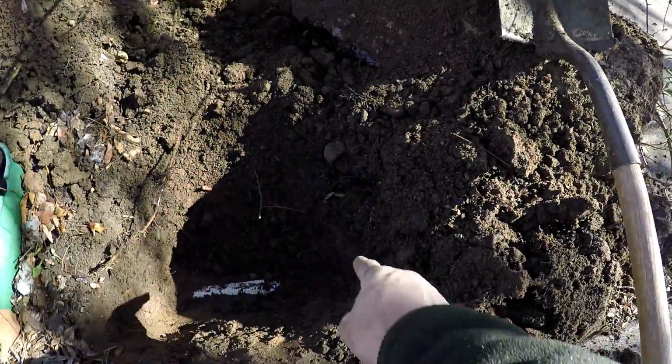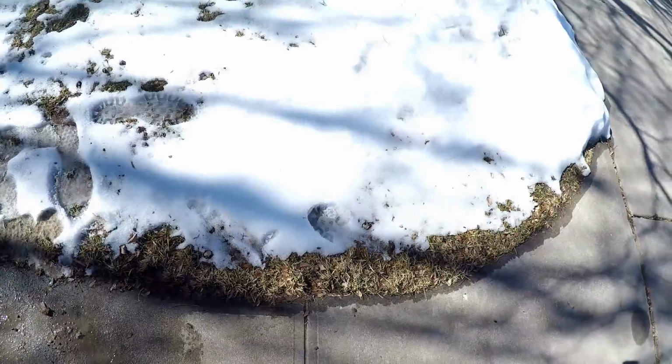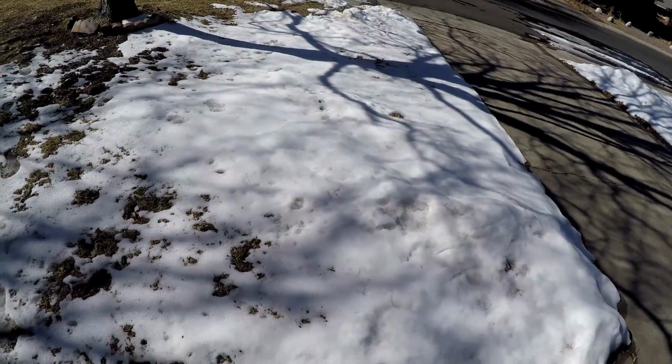I'm going to dig a little bit more here, and then I'm going to go explore the front yard. I'm going to shovel this snow out, kick some of the dirt out. I'm not going to dig up the front yard, but...